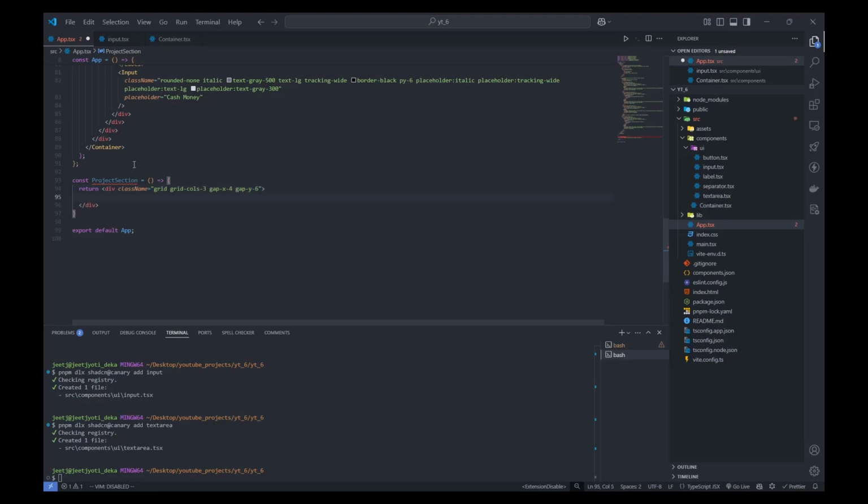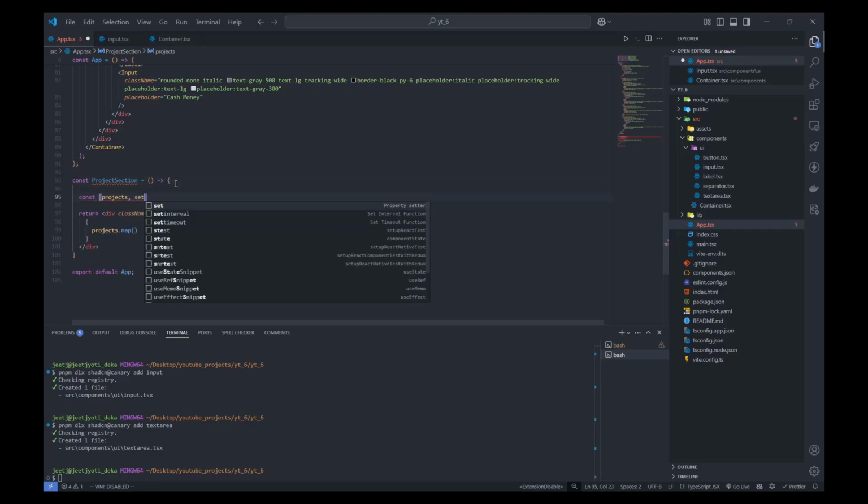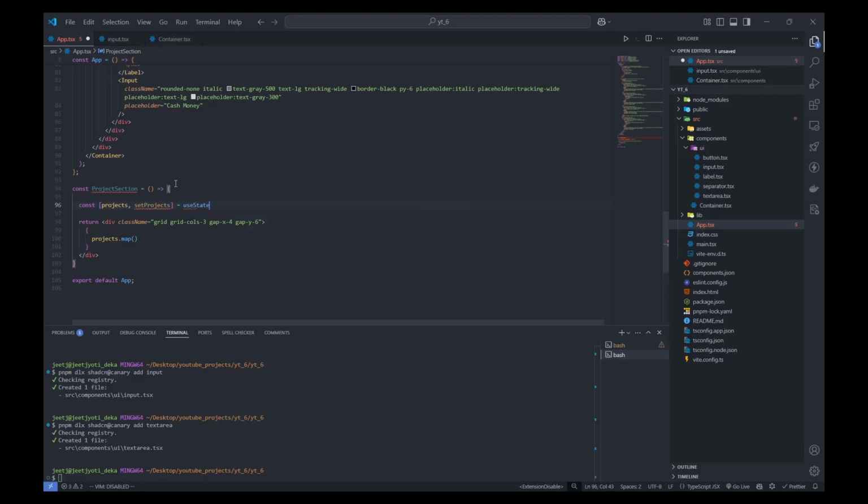Inside the div we'll map over projects dot map. So what will these projects be? This will be a useState. So const projects, setProjects equal to useState, and of course there will be an initial value, but we can put it later. So it will be a project, and actually there will be project and key,